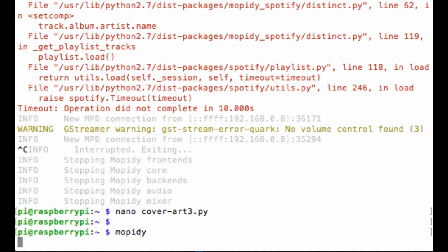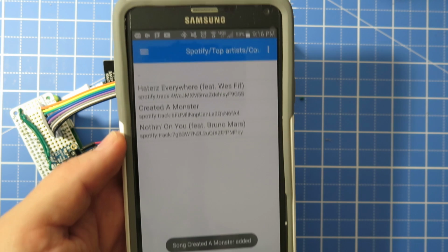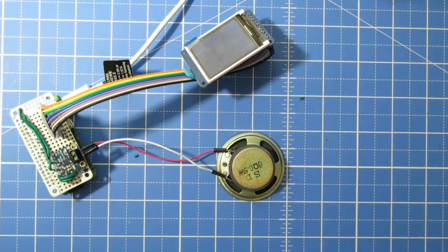Now you can start up Mopidy, get a song playing, and while that's running, you can open up another terminal and run the Python script to see if it works. This is where things get bad. So by itself, the audio works great, and by itself, the LCD screen works great. But when you try to get them both to work together,